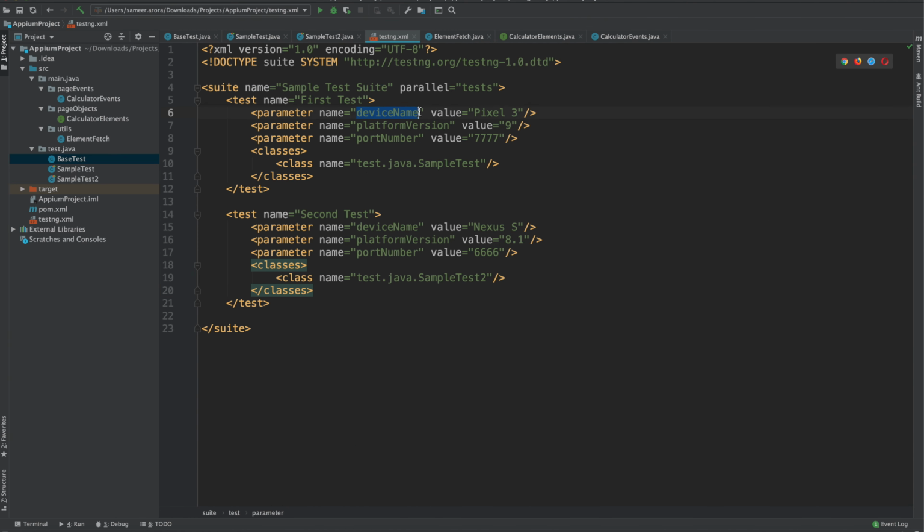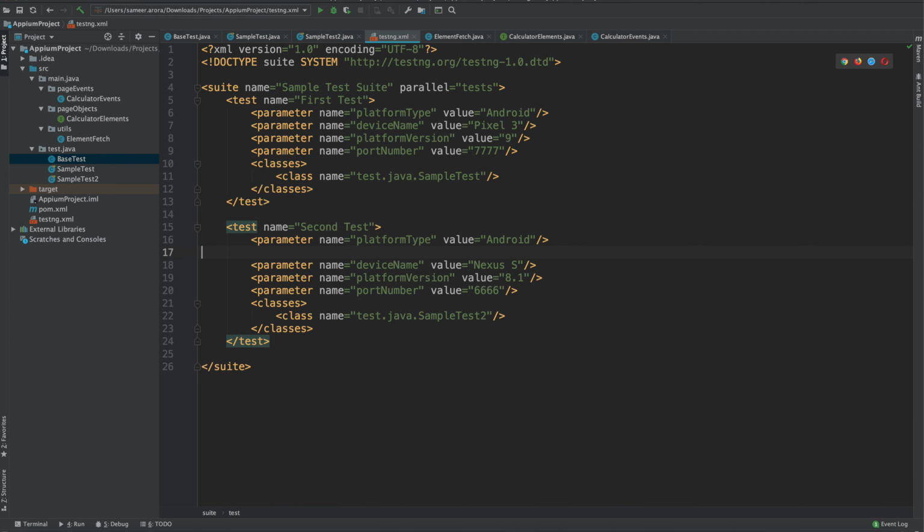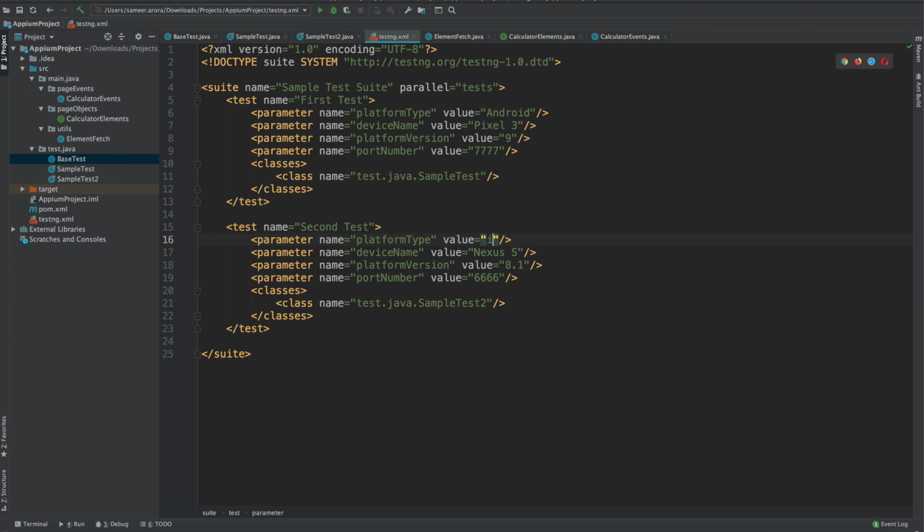So here you can add another row which will be platform type, and then you can add Android here, and similarly iOS here, and then you can change these values as well, and it will run completely fine. However, the XPath or the IDs can be different for the Android and the iOS, so you need to handle that as well if you are trying to run the same code parallelly onto Android and iOS.